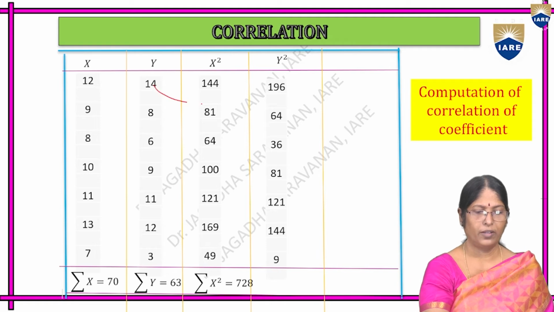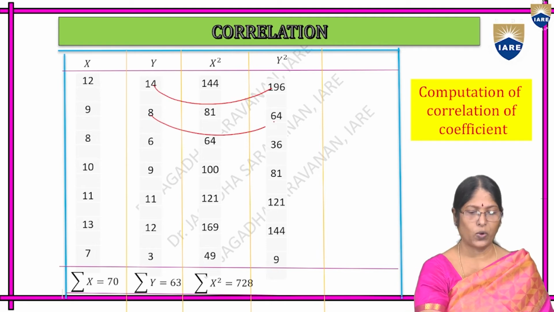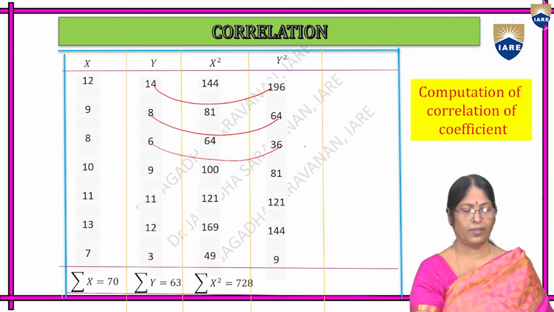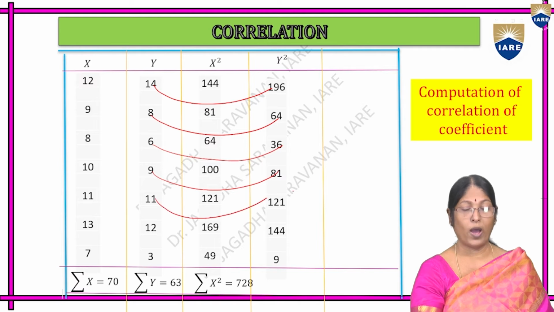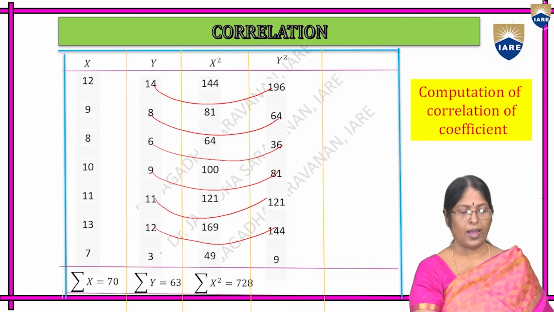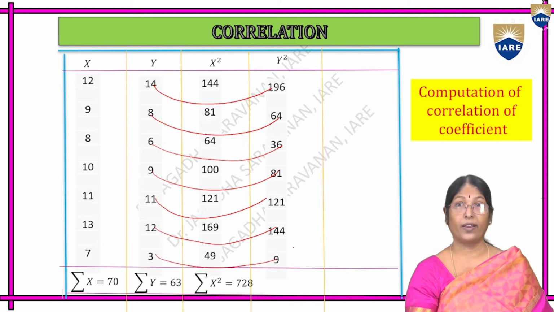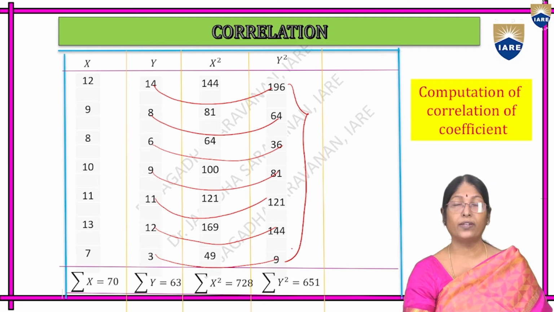The next column is y square. We can check it. 14 square, 196. 8 square, 64. 6 square, 36. 9 square, 81. 11 square, 121. In a similar way, 12 square, 144, and 3 square is 9. We add them completely, and we get summation y square equal to